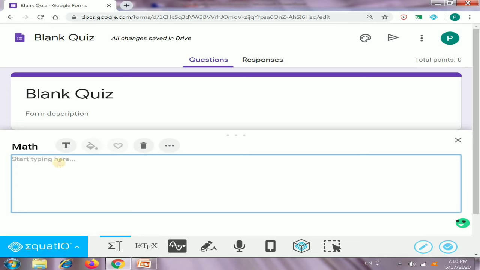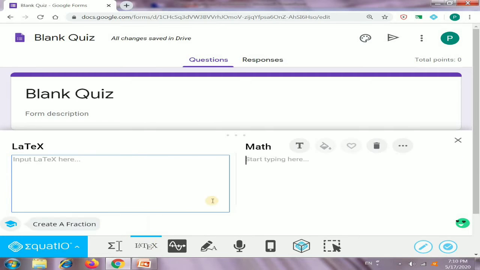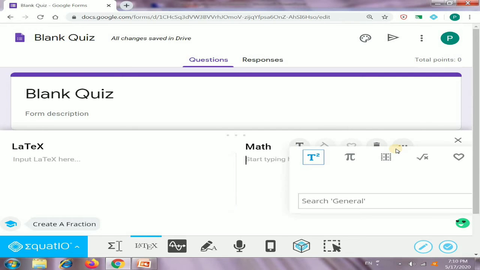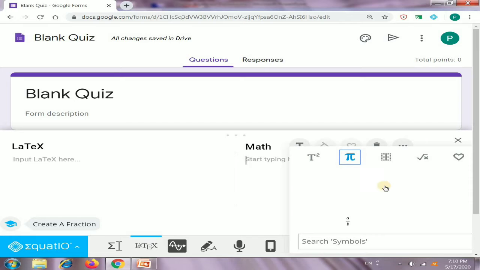There are many options through which you can insert maths. The first option is where you can insert maths using the LaTeX editor. First we'll go to the more symbol and then the symbols, and click the pi symbol. Then we'll get different symbols.